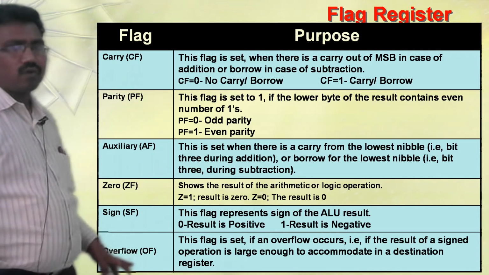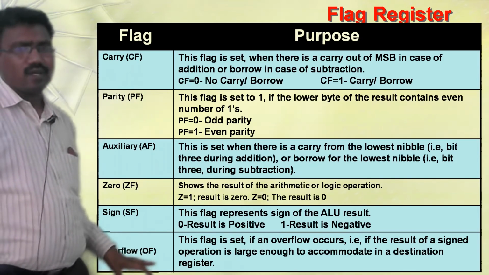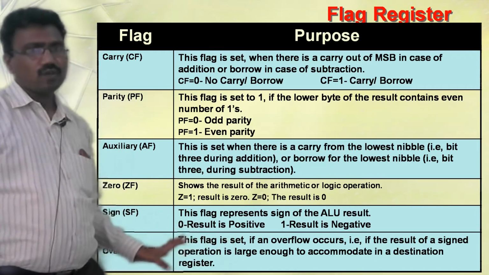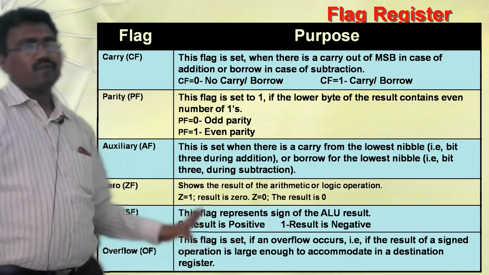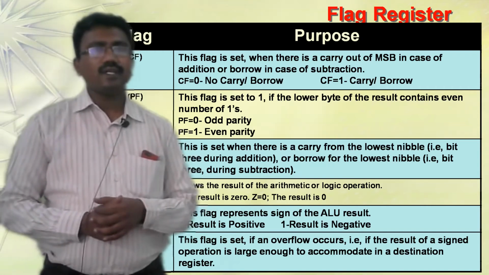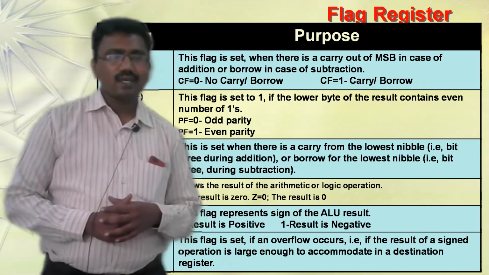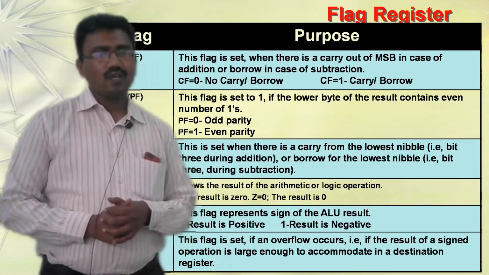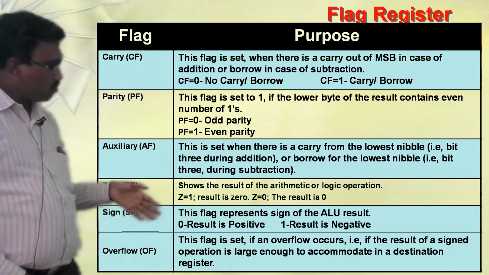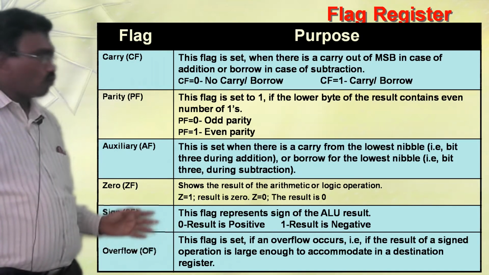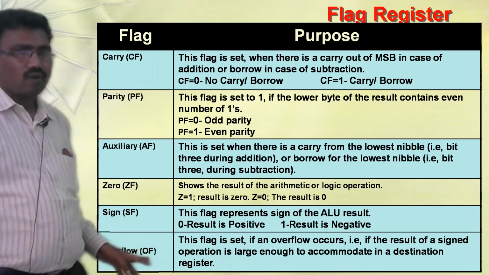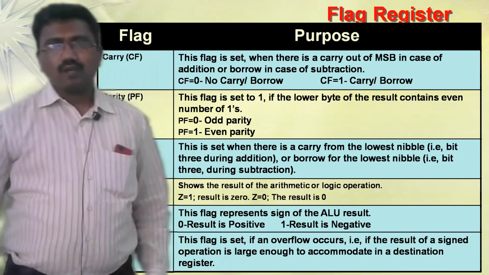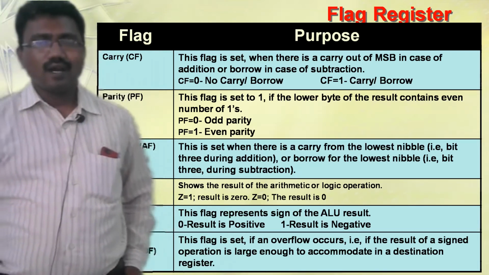Next, coming to overflow. Overflow flag: if it is equal to 1, overflow occurs. If it is equal to 0, there is no overflow. What is overflow? For example, when we are adding two n-bit numbers, if the sum occupies n plus 1 bits, then we can say overflow occurred. So after performing the ALU operation, how to check whether overflow occurred or not? By checking the overflow flag. Is it clear? That's about condition code flags or status flags.